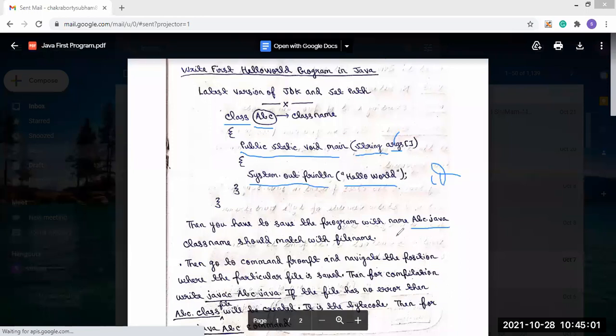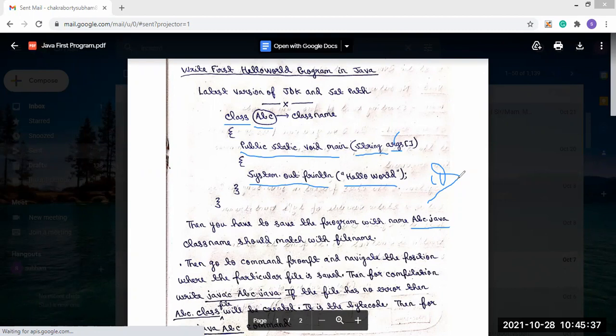Let's say we have saved this file inside the documents; then we have to move to the documents directory, so we use the command cd. Cd means change directory. Using this change directory command, we will move to the particular position.